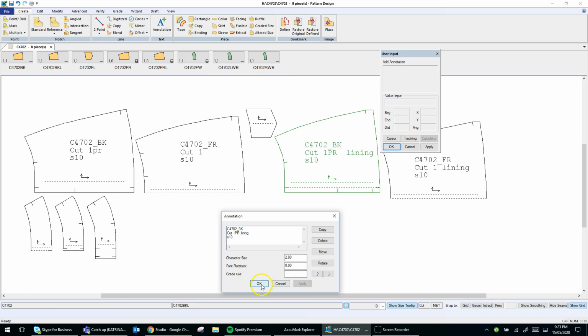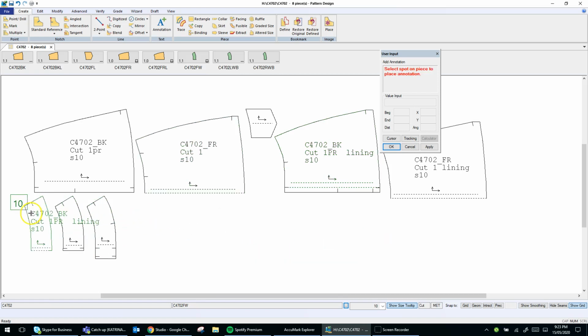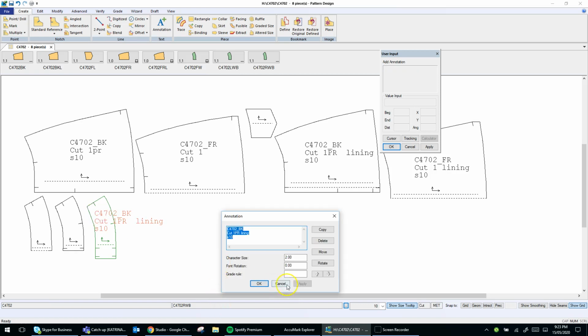And once I've finished that, again, I could copy this and place it into one of these waistband sections. Obviously, you can see straight away that it's going to be too big, so I'll need to change the size of it, and I'll put it as default. Apply it, and you can see that one section there is still extending, so I need to put, instead of one pair lining there, I'm going to leave it as one pair, and